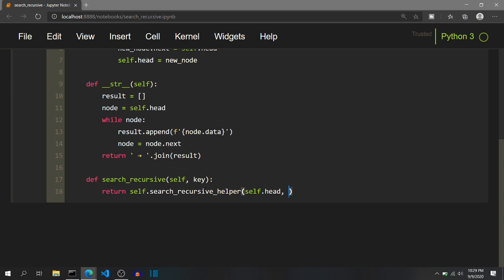Then we need to pass the key as well, so that we understand which key we are searching for, and the index. So self.head is at index 0, so we will pass an index of 0, but that will change recursively. So this is done. So let's start defining this search recursive helper.